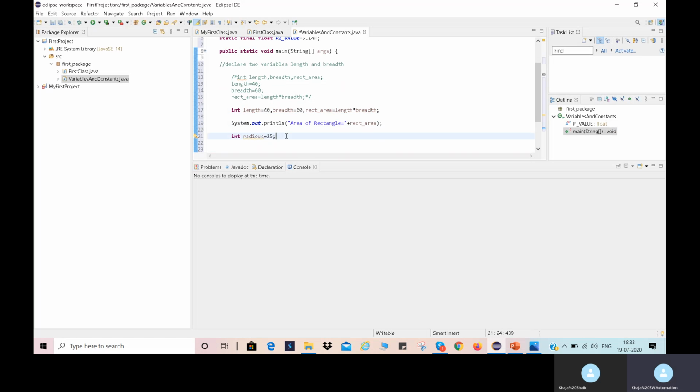Now I am identifying the radius. For radius I am taking one float variable. Then float circle area is equal to, how to calculate, radius into pi value. Pi r square, right?